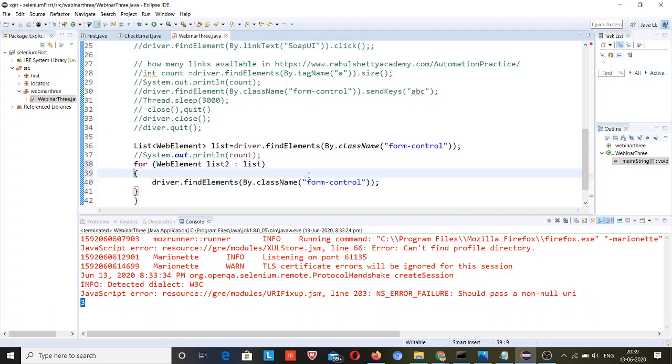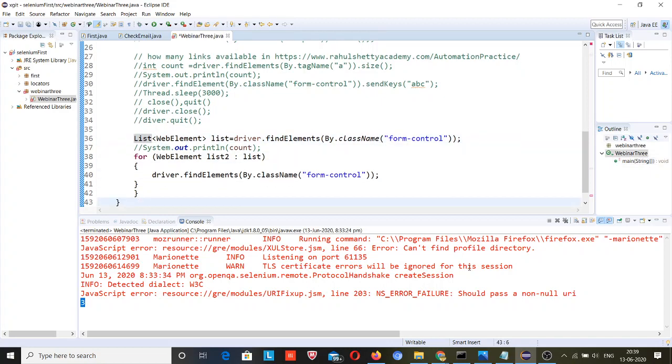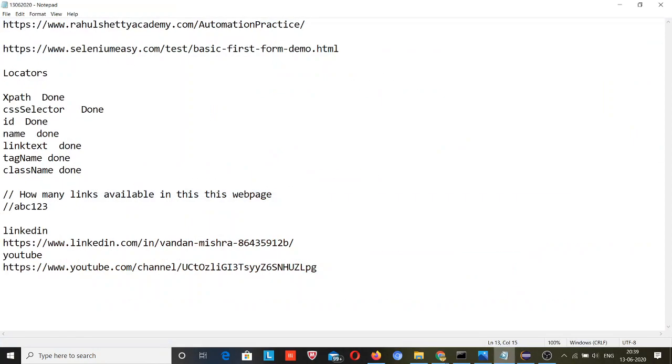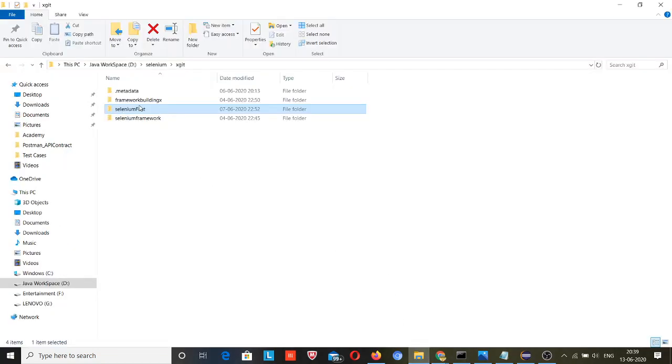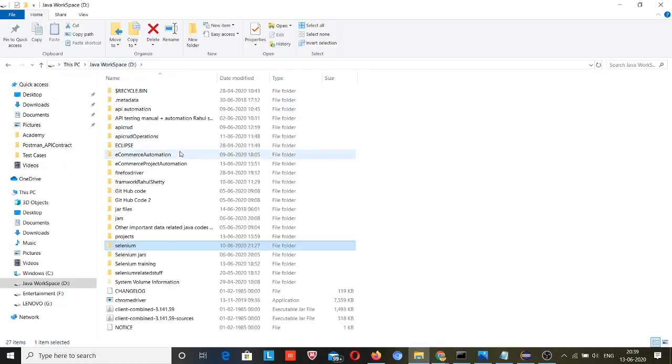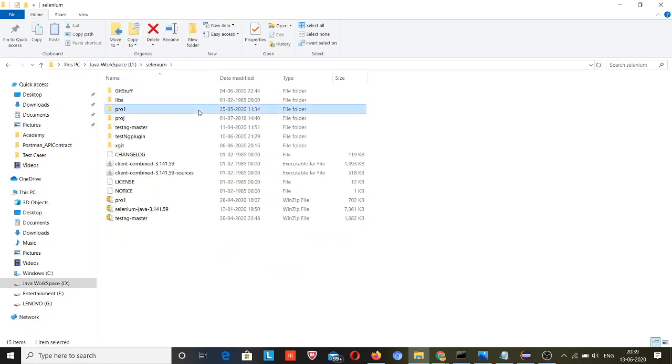But I need to skip one process. So how will I do it? I need to have count, findElements by that class name. Let me refer to my code for better understanding. Actually, this is present under this flow.